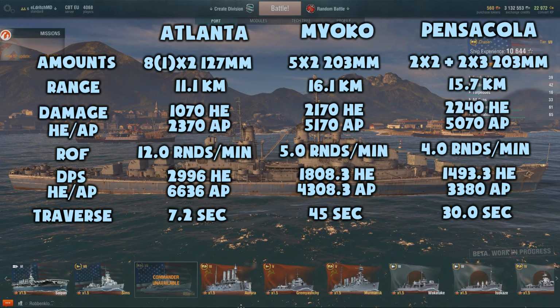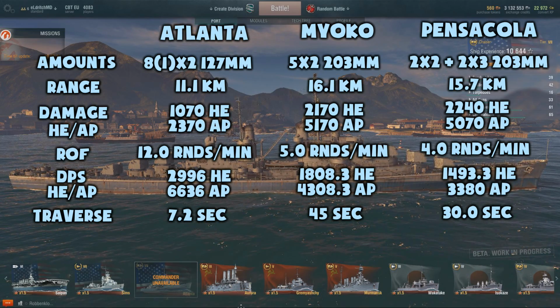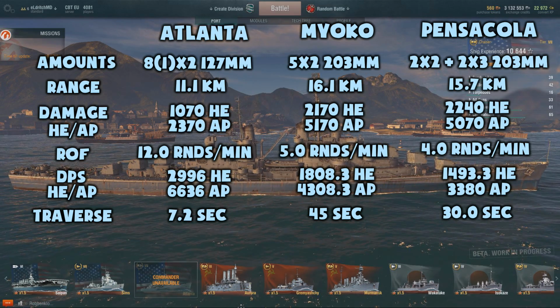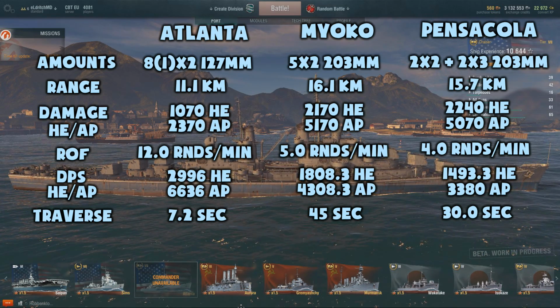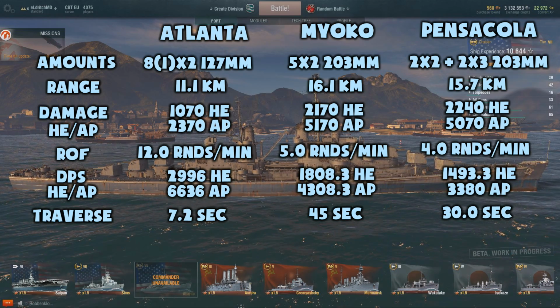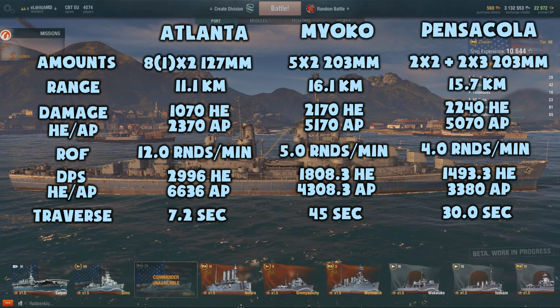And so 11 kilometers means that you have to get very, very close to those opposing ships to actually deal damage, putting yourself in a very risky position, because either you're the only one on your team that isn't firing, or you're the closest one on your team to the enemy. It's a very tough balance to strike, but with such high DPS, the Atlanta is amazing at taking out destroyers